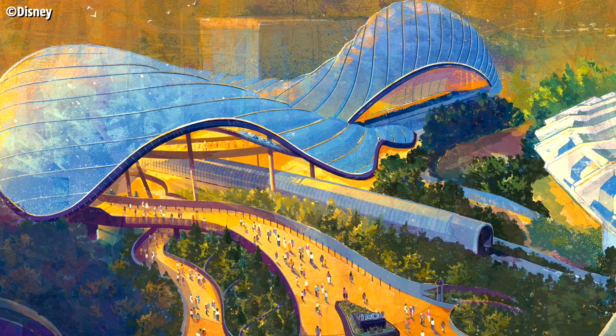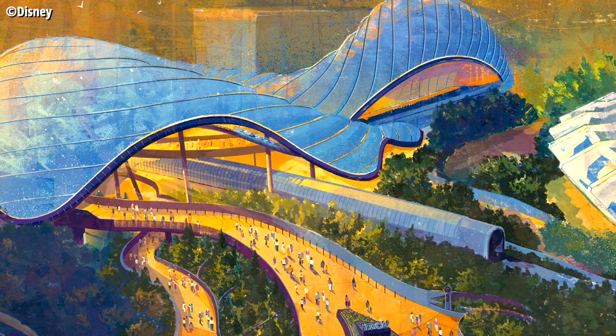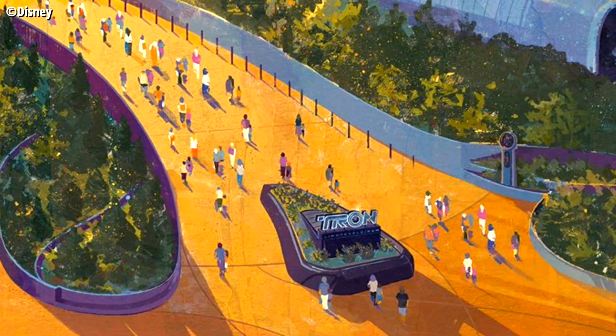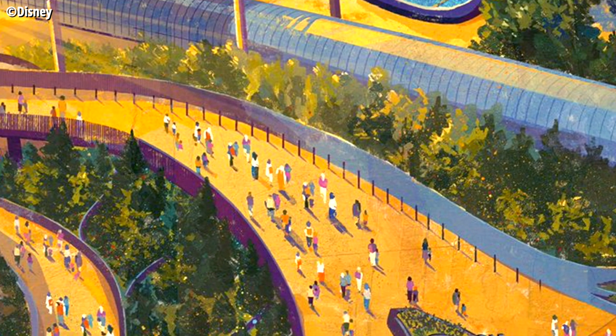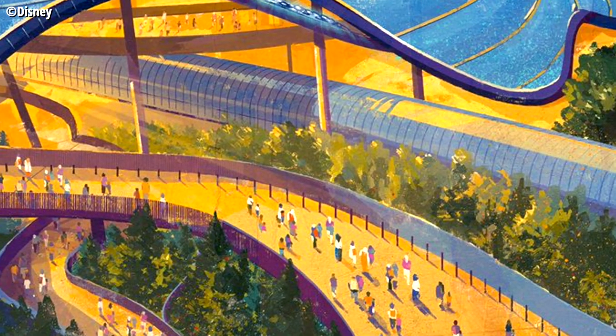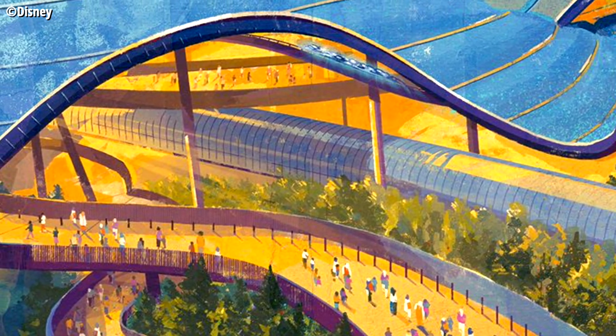If, and it's a big if, Tron opens this year, we'll probably be looking at quite late in the year, so if you have a fall trip, don't count on Tron being open or anything like that. I'm hoping for October 1st. That's definitely the first day that I would see Disney opening it if they were to open it this year,